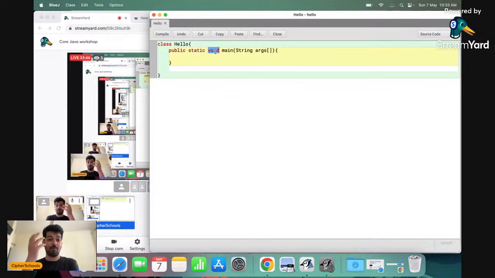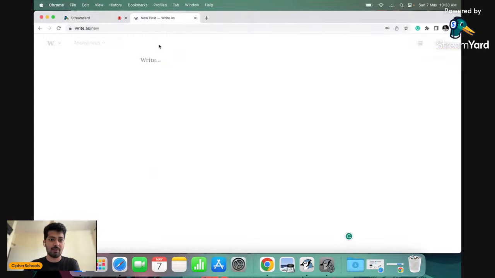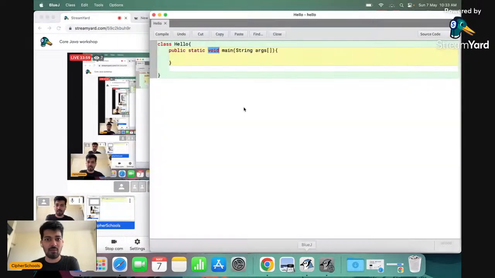Second is void. It's a very popular thing if you're coming from a C language background. And I think I had written one here, not sure if I can get it back. So over here I had written int, right? So every function that we create needs to have a return type, right? The meaning is in the words themselves: return type. Now you want a function to return something, or you do not want a function to return something. By the way, function and method are the same thing, right? In Java, we usually call it a method, but in other programming languages we call it a function. But they are the same thing.